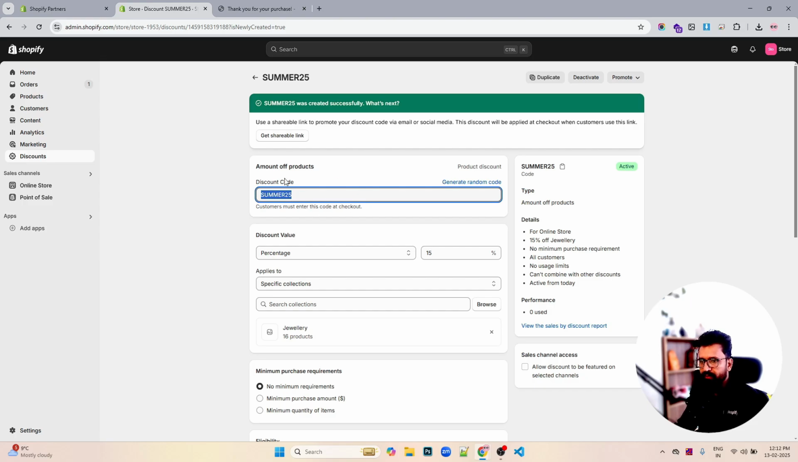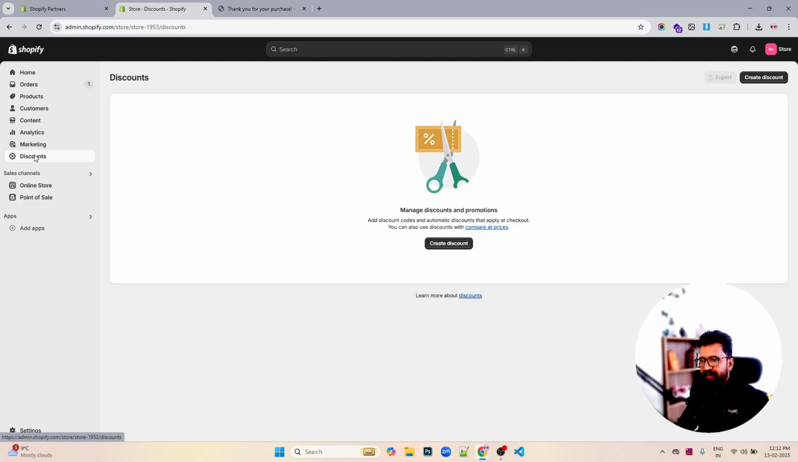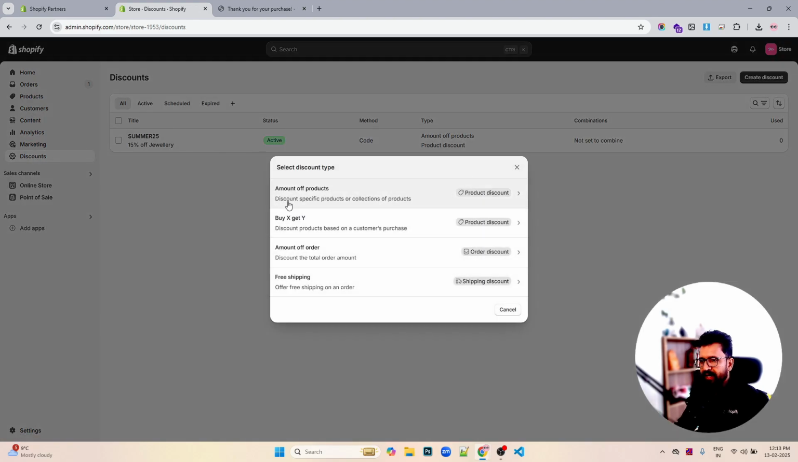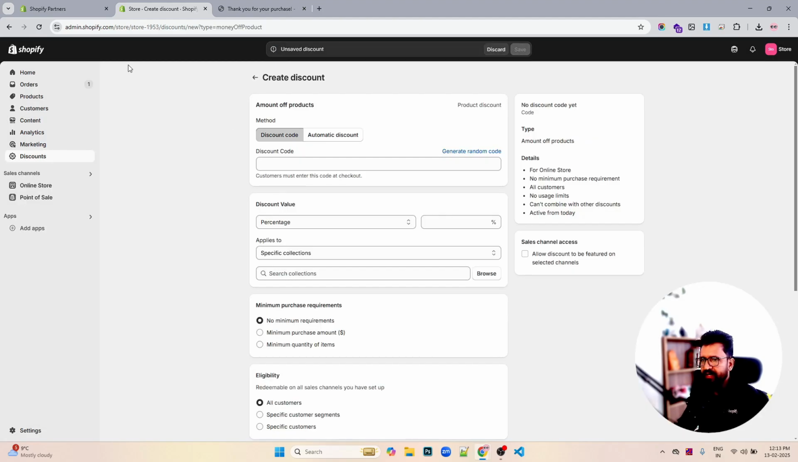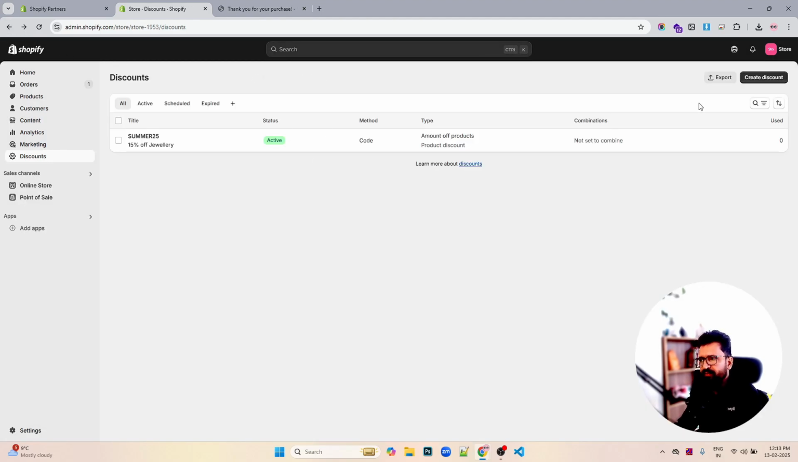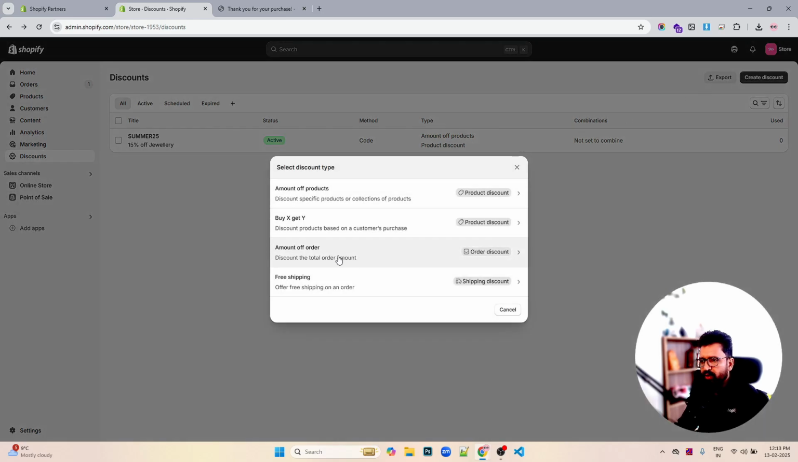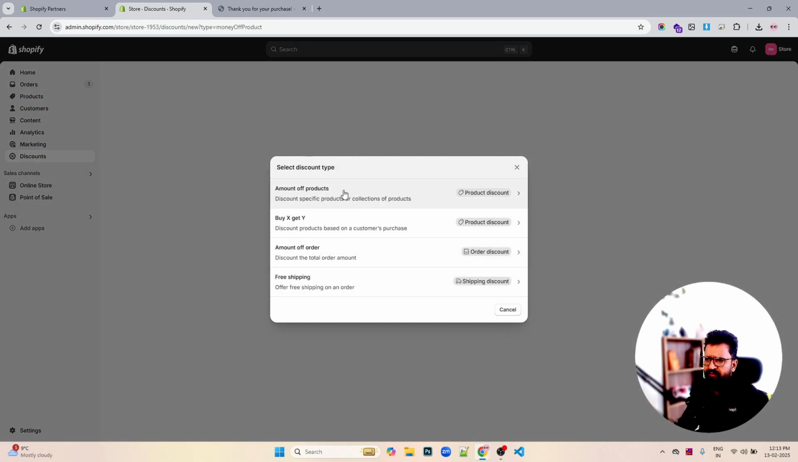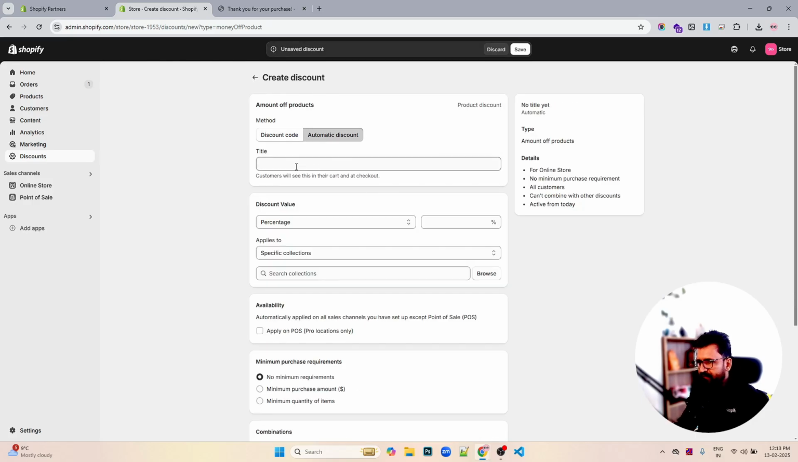usage of a discount code. Now if I want customers to get an automatic discount, then we can create a discount, amount of products or any. I already created this amount of products, so I'll just go with this amount of products only, because this should be an automatic discount. The automatic discount should be for new user